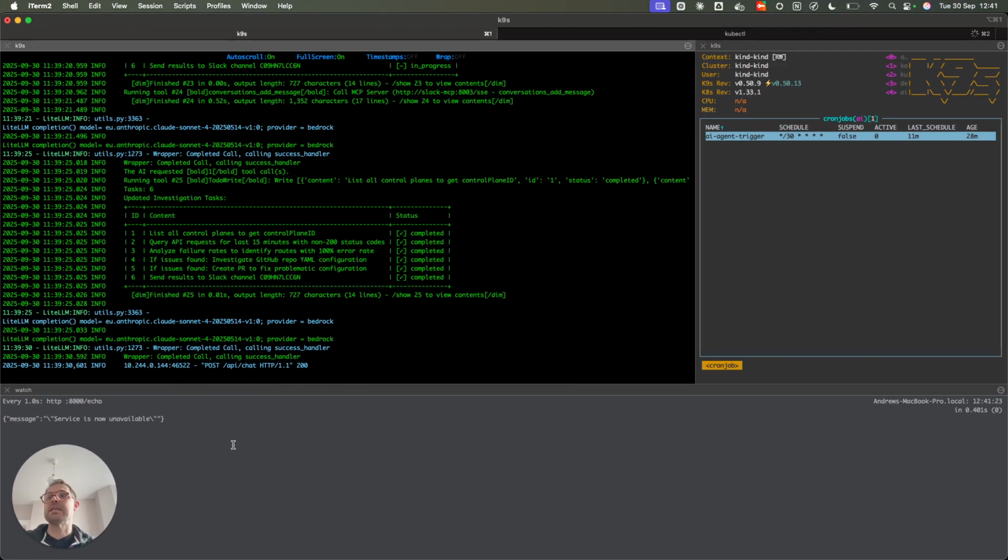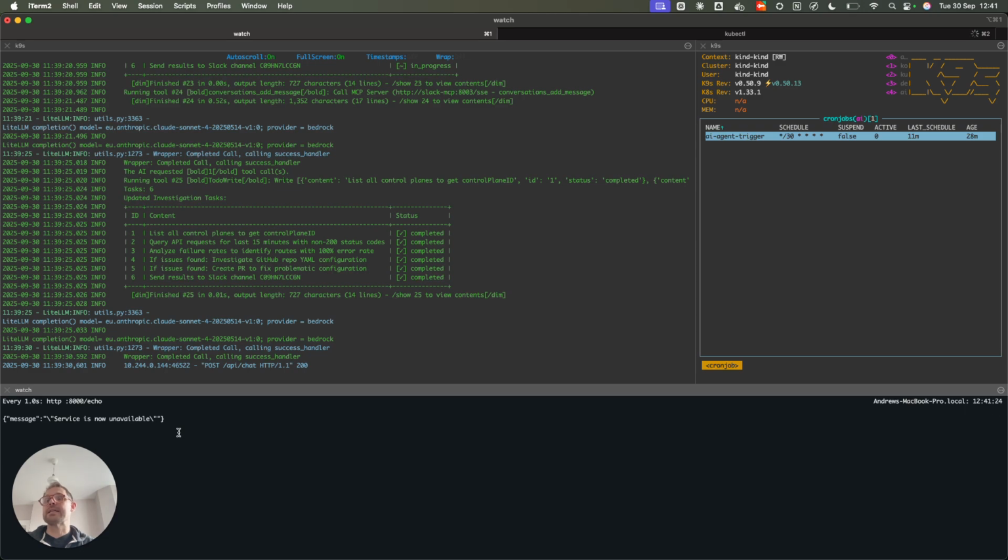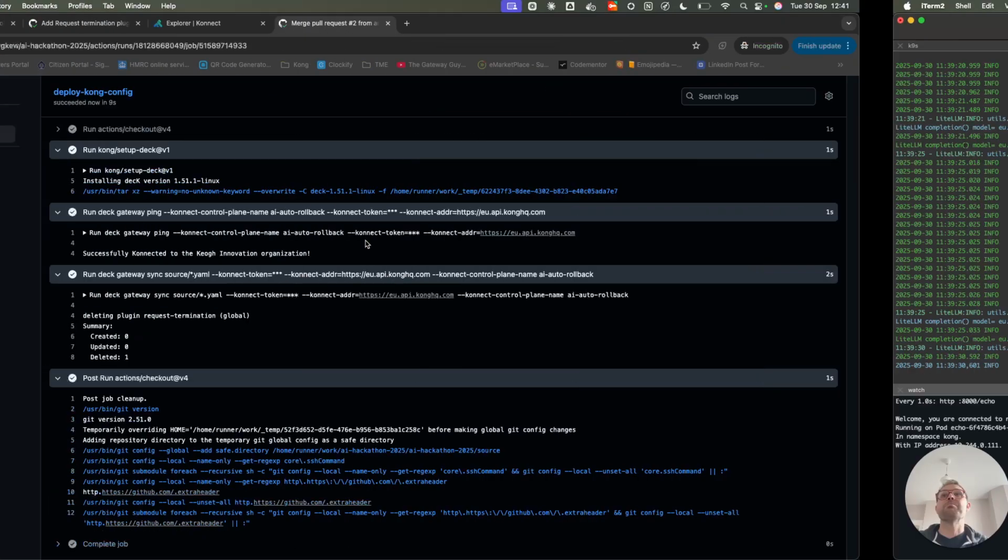I'm going to come across to here, and again, here's my gateway that's running, or my request that's running, and there we go. It is now gone, and my service is back up and running, and I've now got 200 responses coming back into my gateway. So there we go. My AI agent, it monitored the issue, it found the issue, it located the problem, it rolled back the problem, it created a pull request for me to at least analyze it and make sure it's okay, and then I can deploy it as part of my standard deployment practices.